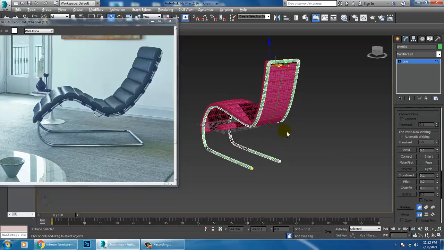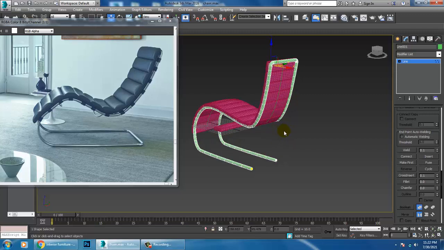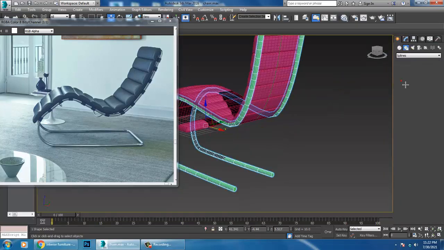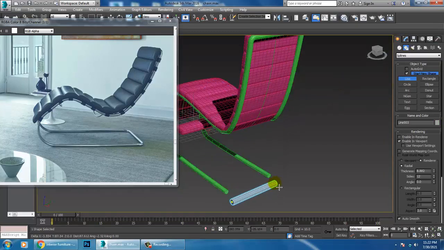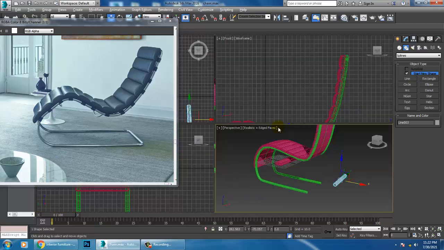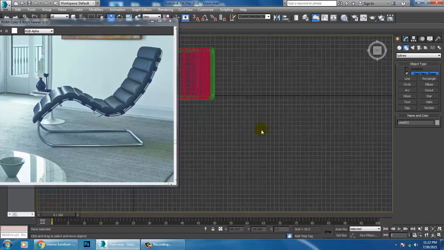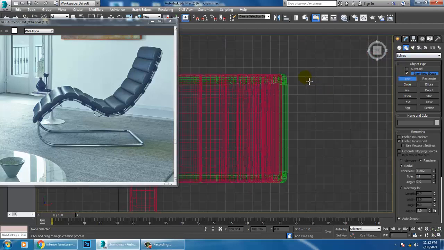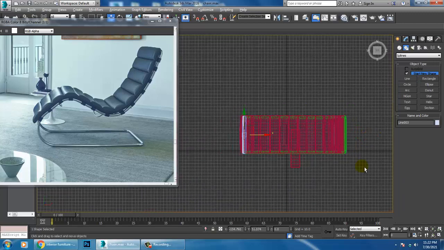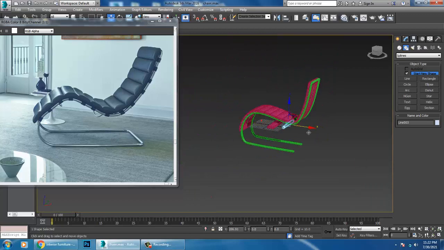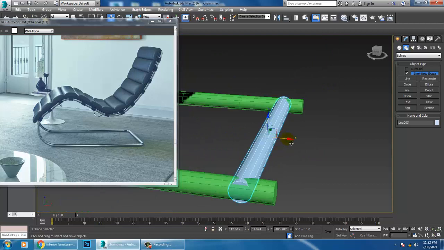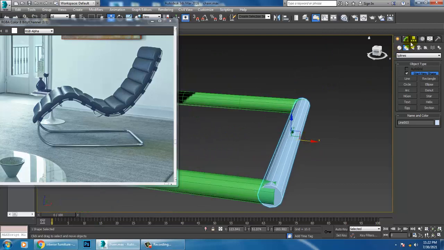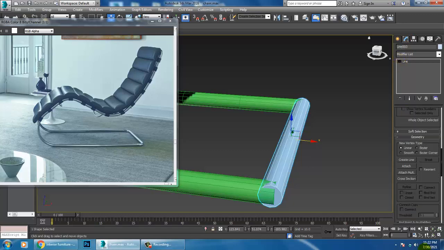Now again let's take one more line. Let's go to the top view again. Slightly I'll shuffle this down over here, and again let's attach it.